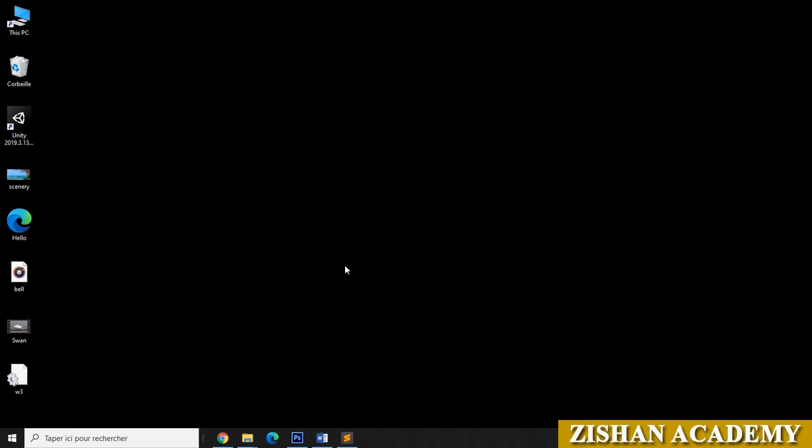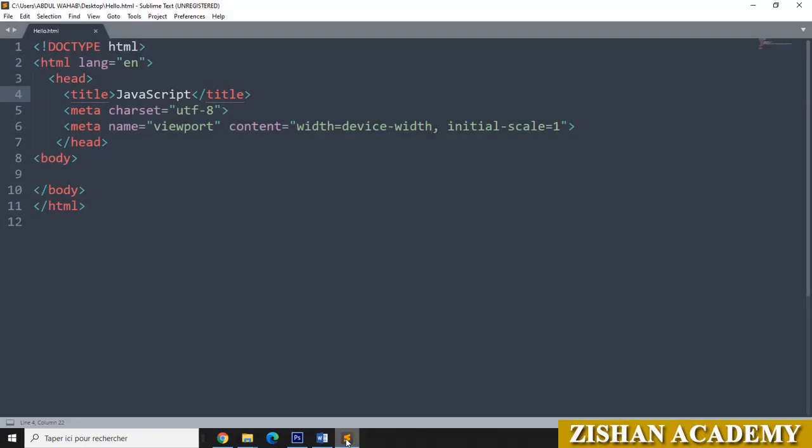Today we are going to see math in JavaScript. We'll go to Sublime Editor. The title tag will go for JavaScript. Give math here. The body tag will go for H1.